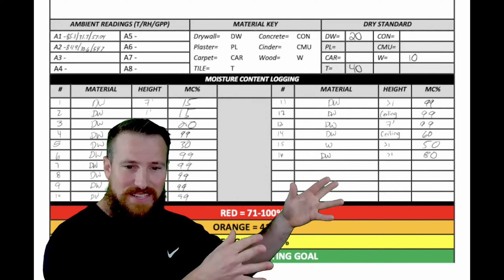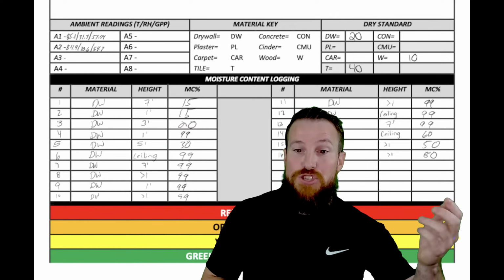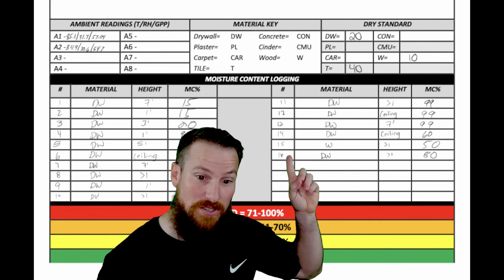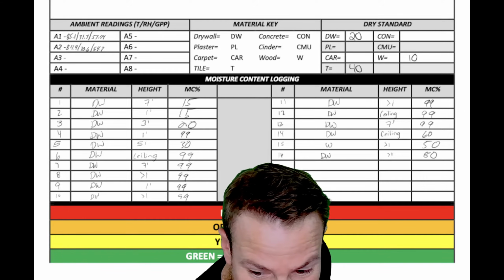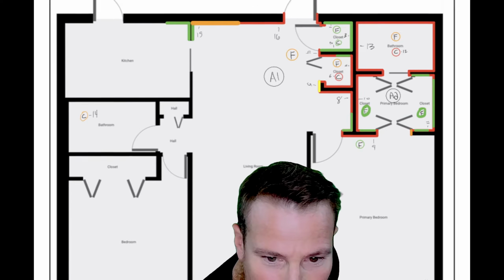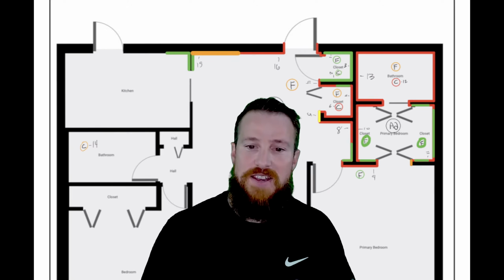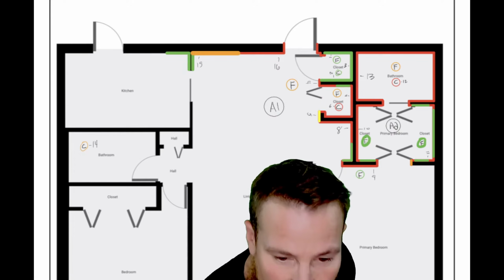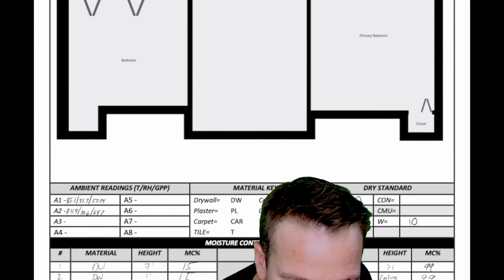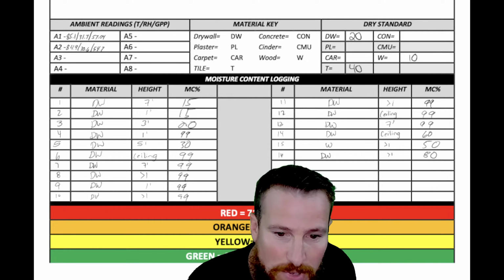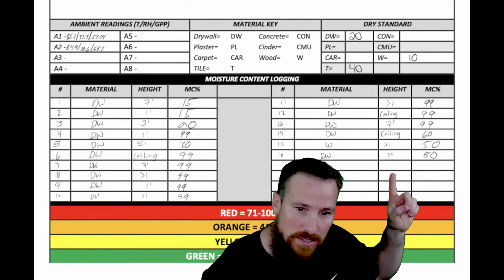Now we get into this section here, which is going to be our moisture content readings. As you'll see right there, we've got numbers. And these numbers, scrolling back on up, are inside of these varying rooms. So up here, number 13. If we scroll on down, our number 13 is this way,